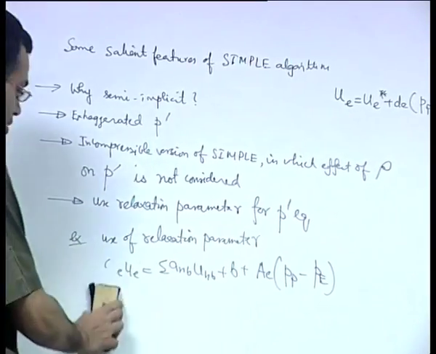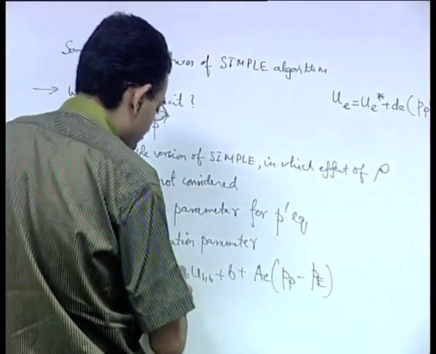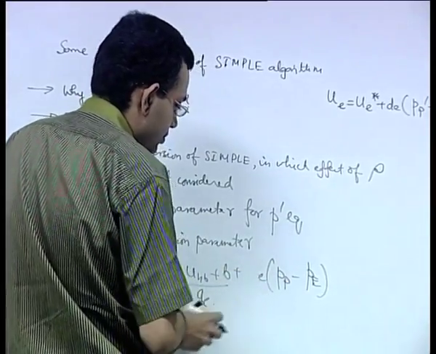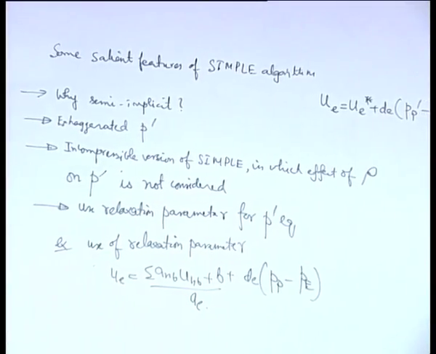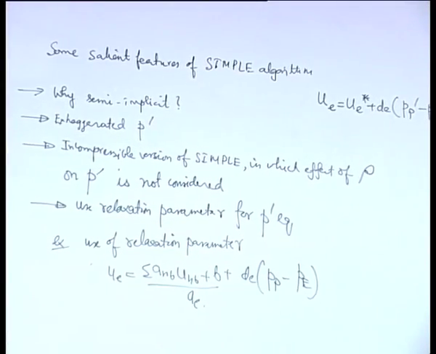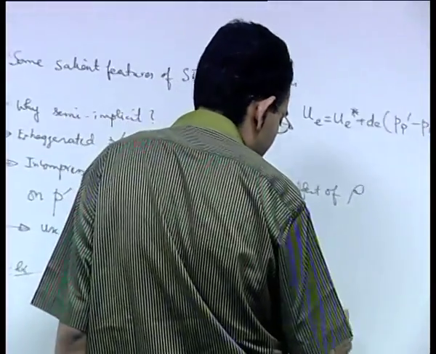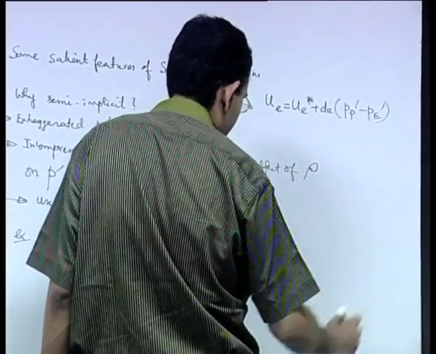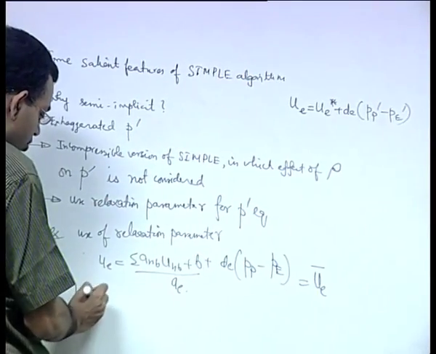So, uE is equal to (sigma aNB uNB plus b) by aE, plus this into dE. So, let us call this as uE bar. So, we could write uE